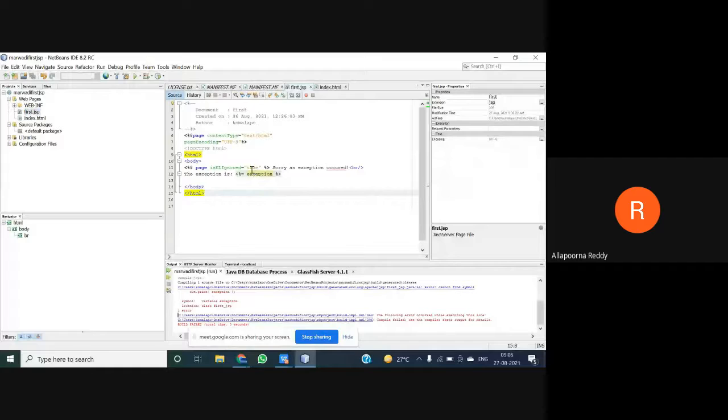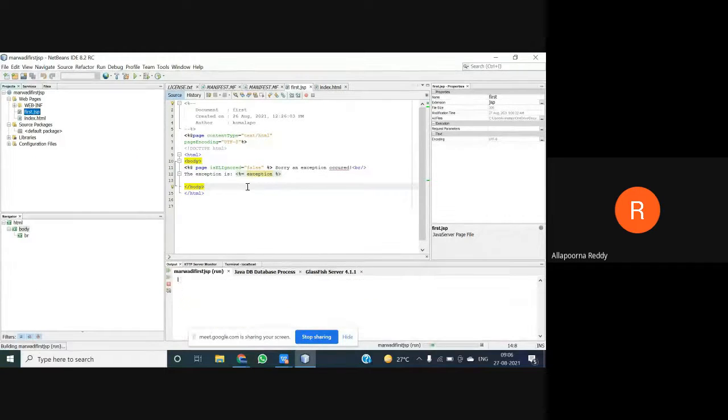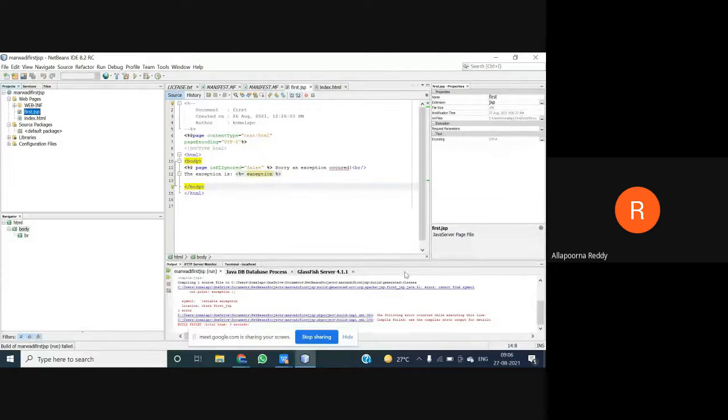So we don't require to make it true. Remove it, or make it false. Sorry, if instead of true we make false as the default statement, and we try to run this one, here also some problem. Compile failed. Here, the page redirect expression EL, so EL language we are not using. Maybe that is the reason, maybe some type of compiler error we are facing. So we don't require to make that one, right?